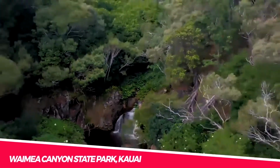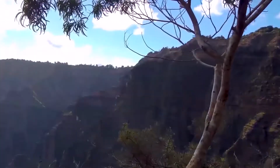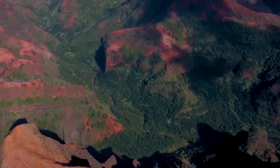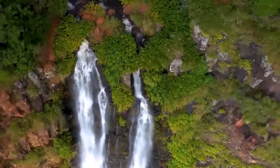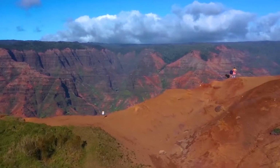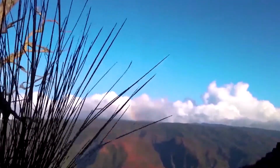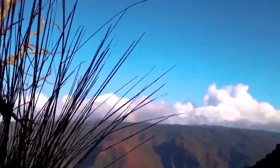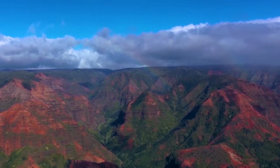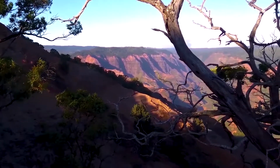The Waimea Canyon on the island of Kauai is frequently referred to as the Grand Canyon of the Pacific due to its similarity in size and appearance to the Grand Canyon. The canyon is more than 10 miles long, drops down to a depth of 3,600 feet, and in some places is a mile wide. This thrilling performance can be appreciated to its fullest extent from the principal lookouts, Pu'u Ka Pele and